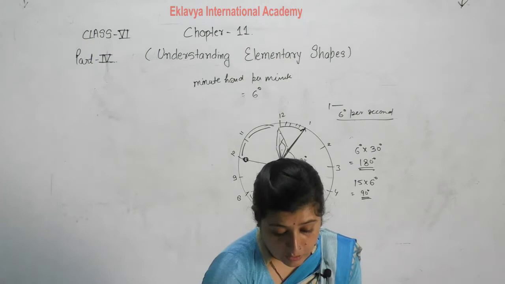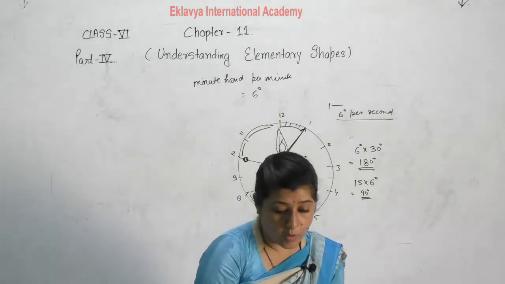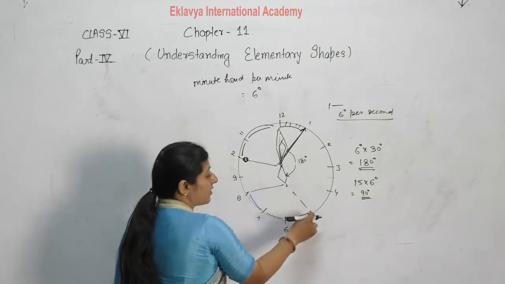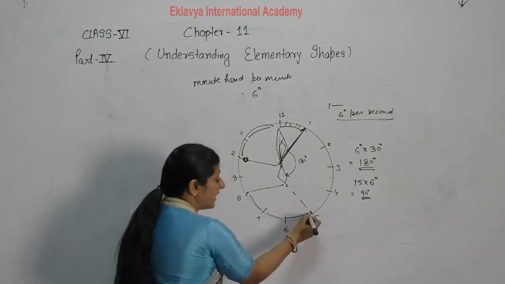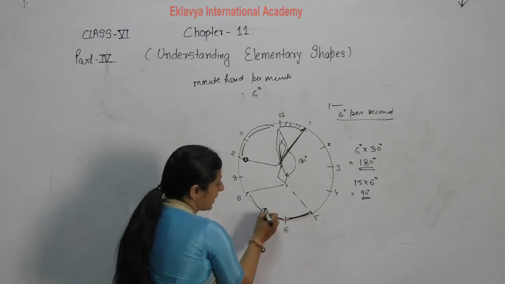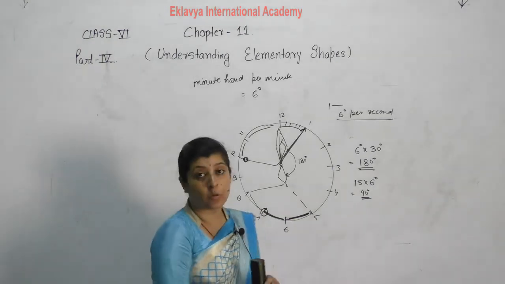What is the time on the clock when the hour hand moves clockwise 60 degree from 5 o'clock? 5 o'clock पे hour hand और 60 degree से move कर रहा है, तो it means this one 30, 30 here. Then it makes 2 hours more, becomes 7 o'clock.